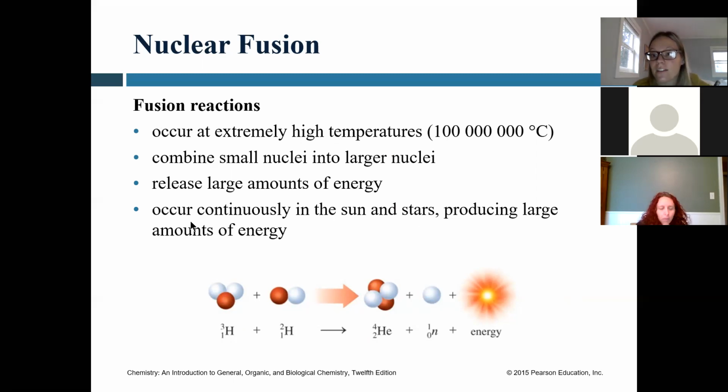Think how much energy the sun is producing, how far away we are, and it warms us. It runs our planet. So the amount of energy that you could get off of a nuclear reaction is immense. The other thing that's really cool about fusion is look at what's produced. Here we have 2 hydrogens. Hydrogen is something you can get out of water. If you could take a couple drops of water, take the hydrogens off of it, and smush them together, your product is helium, which is an inert gas, and a bunch of energy, as opposed to what you have going on in a